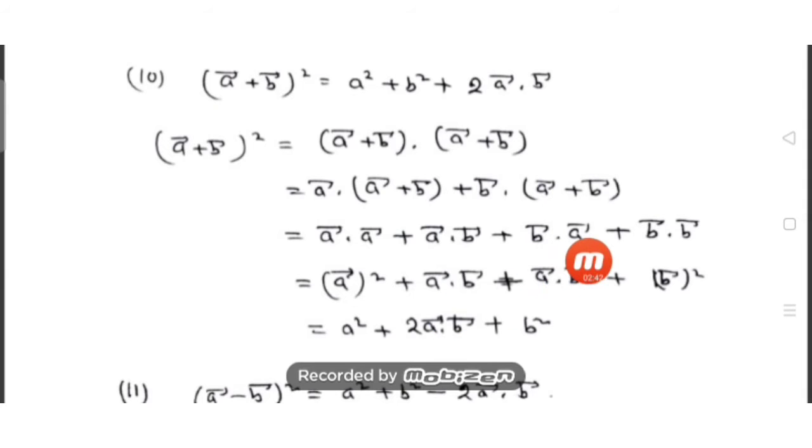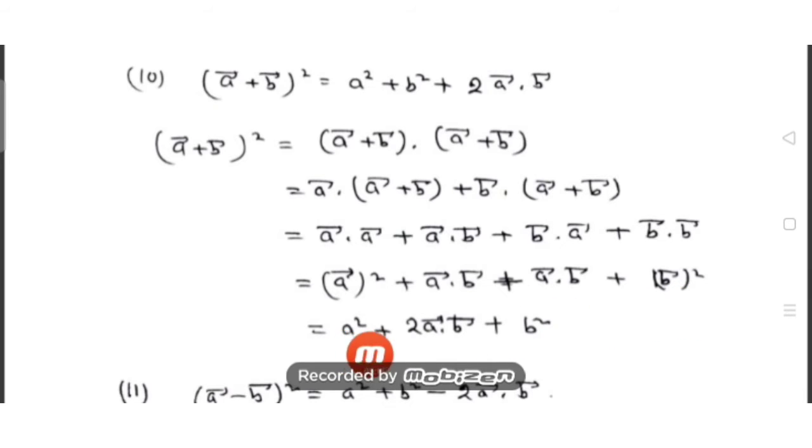But we don't require b bar dot a bar, and as we know, dot product satisfies the commutative law, so b bar dot a bar can be written as a bar dot b bar. So I have used that one, and in place of b bar dot b bar we write b bar square. Now you see, a bar square can be written as a square, as we have already proved, and these are two similar terms, so we can take them together. What value will we get? 2 a bar dot b bar, and here b bar square.